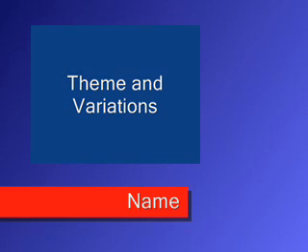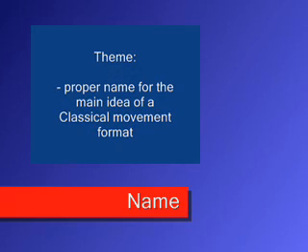And while this musical idea is being repeated in the bass, new melodies are invented above it. Although a theme and variations movement does not present the theme in full over and over again from the beginning to the end of a composition, it does make regular reference to the melody and presents it in varied forms throughout. Before we consider this movement format any further, please remember that theme is the proper name for the main idea of a classical movement format, just as subject is the proper name for the main musical idea of a